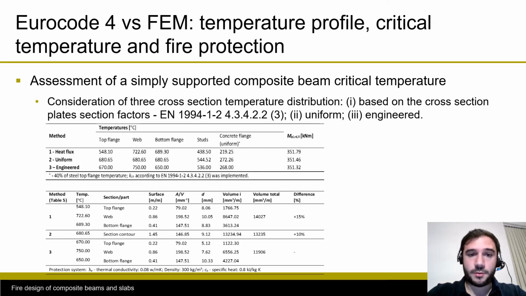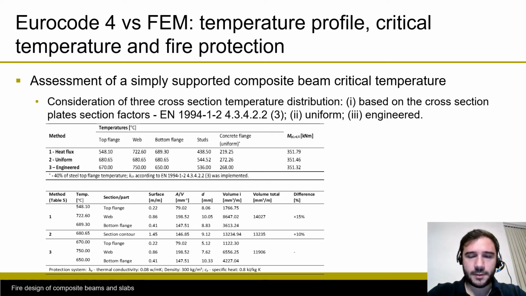For the examples shown in the previous slide, 3 different approaches to assess the beam critical temperature were considered. So the first approach was to assume a temperature profile considering the Eurocode 4 1-2 rules. So based on plate section factors for the bottom flange, web, and top flange, a temperature profile is therefore established. The second approach is a uniform temperature distribution for the whole cross section, and the third is the so-called engineered method, where the designer specifies different temperatures for